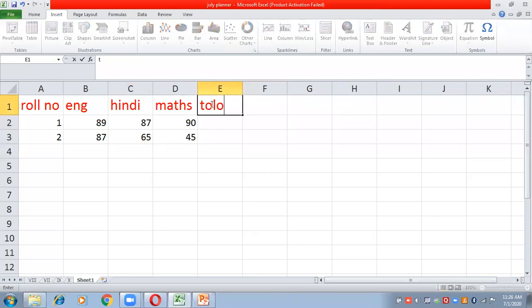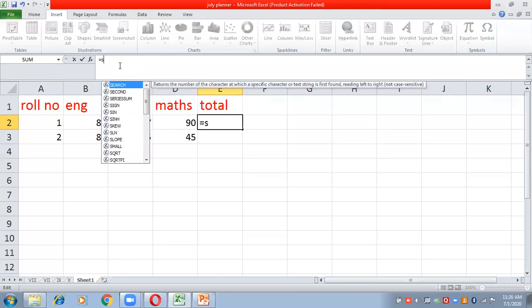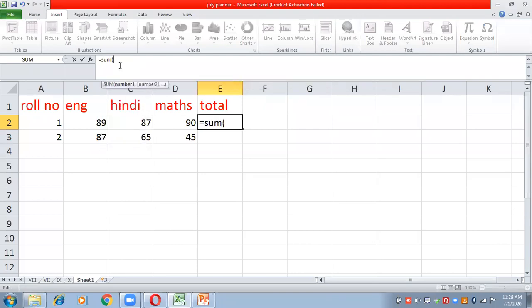Here, suppose I have to calculate the total. Now, how to calculate the total or sum, you can say. For that, you have to write a function. It is a predefined function of Excel, and the name of the function is the sum function. So you will put an equals to sign and then write sum. Then start the bracket. Now you have to write the address of the first cell from where you have to start calculating. What is the address of the first cell? Harsh will tell. What is the address of the first cell?